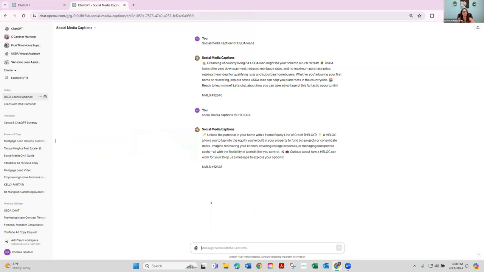Okay, so once you have your GPT, what you'll want to do is link it to Canva. If you're multitasking, come back to me. Once your caption is created, you're going to type at Canva, and see how it pulls up Canva right here.